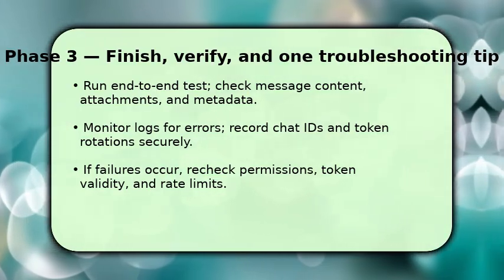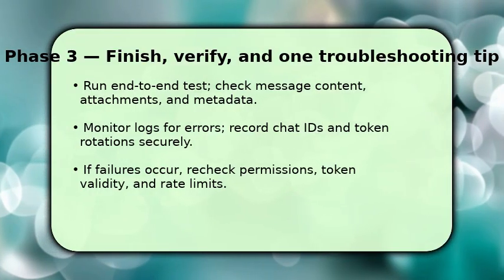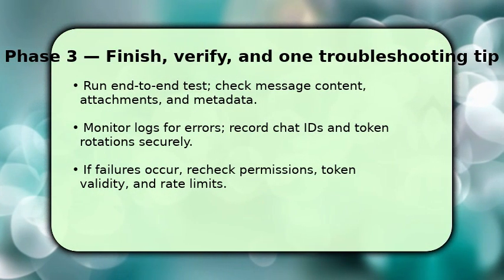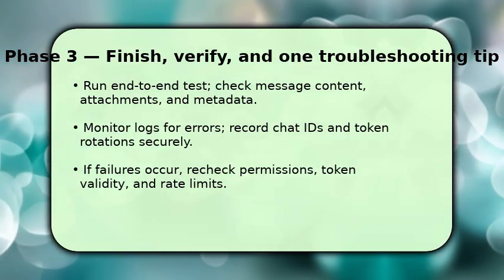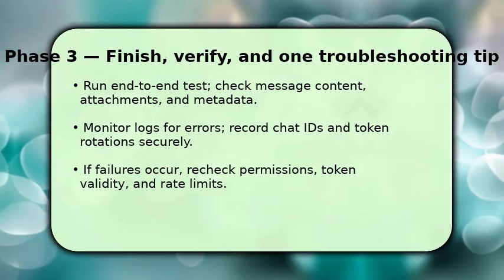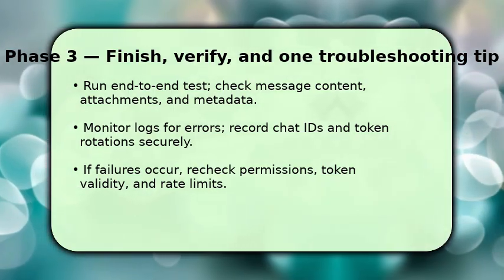If forwarding stops, first verify the bot token and that it still has permissions in both chats, then inspect rate limit or flood wait errors. If you see duplicate or missing messages, tweak filters and retry. One key troubleshooting tip: